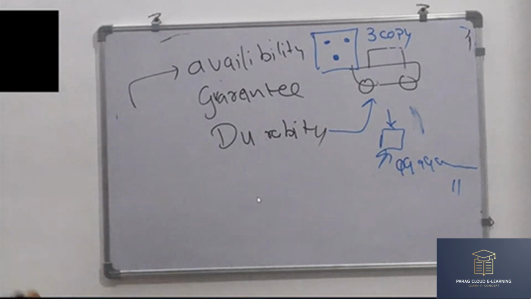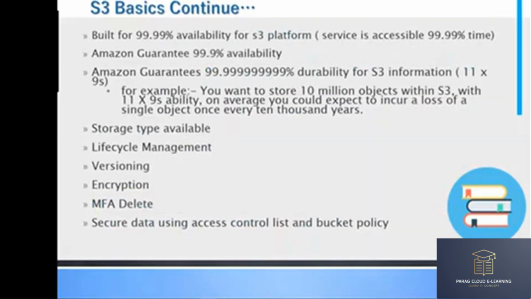कभी आपने गूगल ड्राइव पे ऐसा फेस किया कि मैंने एक फाइल अपलोड करी है वो करप्ट हो गई है, या मैंने 100 MB अपलोड किया था आज मेरे को 99 MB मिल रहा है. दैट वाज ड्यूरेबिलिटी. कितना सॉलिड पड़ा हुआ है वहां पे. उन्होंने एग्जांपल दिया है. दिस एग्जांपल आई हैव टेकन फ्रॉम Amazon वेबसाइट. यू वांट टू स्टोर 10 million object in S3. 10 million means 1 crore. If you upload a 10 million files means 1 crore फाइल अगर अपलोड करी है, 1 crore different फाइल अपलोड करी है in S3